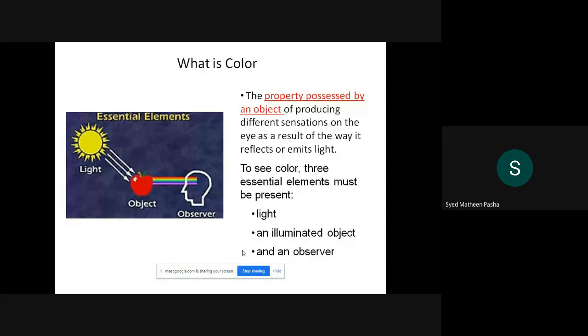To begin with this third part, color as well as illumination model, can someone tell what is color? How will you get the color? Can someone from the class tell me how we get color? When can our eyes see the color of something? Okay, to make it simpler, what do you require?